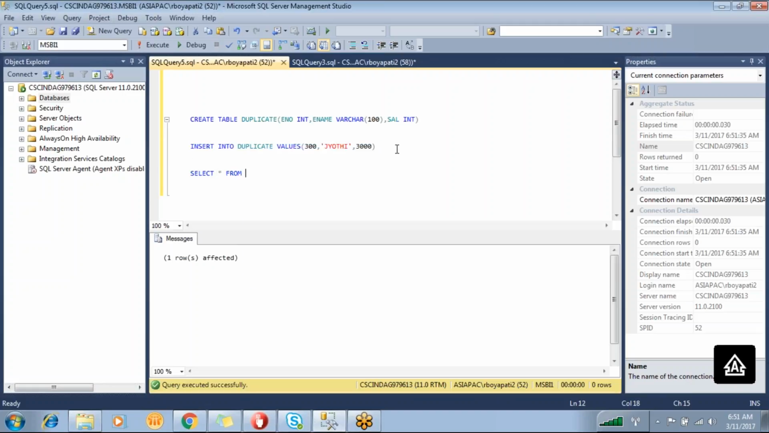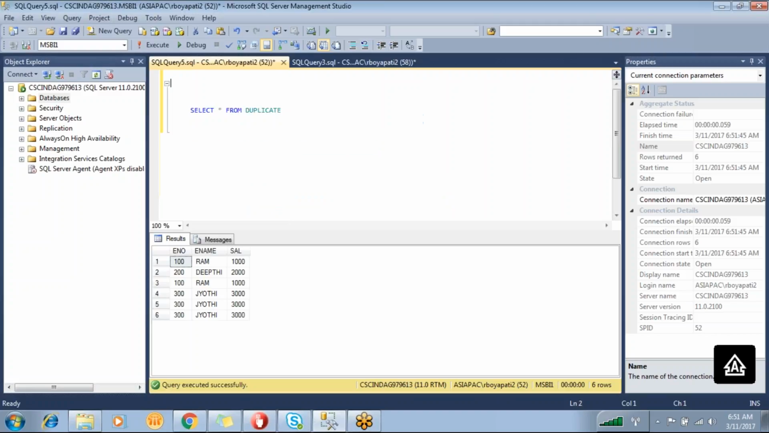Select star from duplicate. So this is my data, right? I have a table, the table name is duplicate, and in this table these are the records. If you observe, there are some duplicate records in this table. 100 Ram 1000 and 200. Again, the 100 Ram 1000 is repeating. It is repeating 2 times. Am I right? So how can we remove these